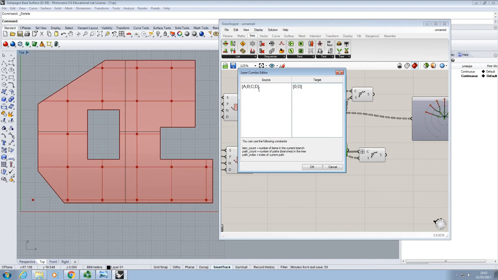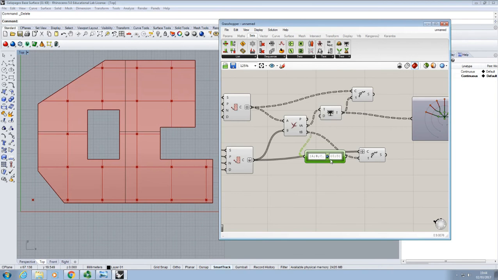So what we're saying here is, for each item going into this component, if it's in a form where it's got a set of branches A, a set of branches B, a set of branches C, and a set of branches D, what we'll map that to is a branch with an address 0 and then whatever is in D. So does that make sense? Do you see what we're doing? We're basically telling it to readdress where everything is. So if we then hit OK,